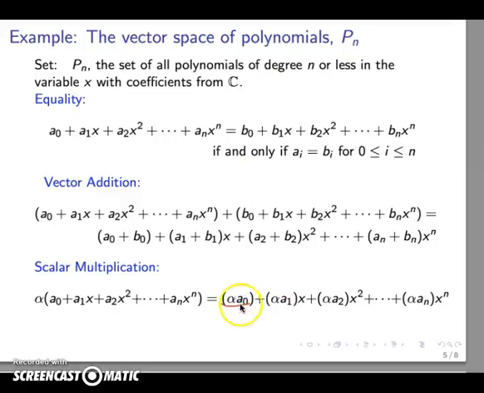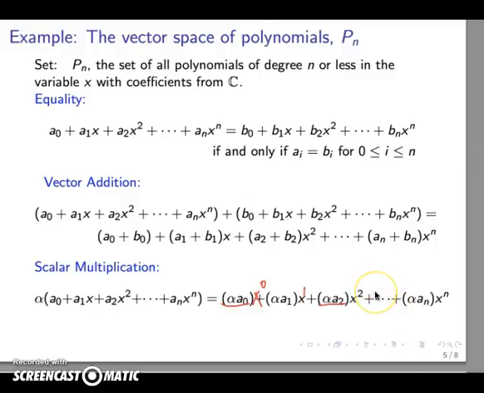Alpha a0 is the coefficient of the power x to the 0. Alpha a1 is the coefficient of the power x to the 1. Alpha a2 is the coefficient of the power x to the 2, and so on. So this is indeed another polynomial, and this polynomial has different coefficients than a0, a1, and so on, but this is still a polynomial